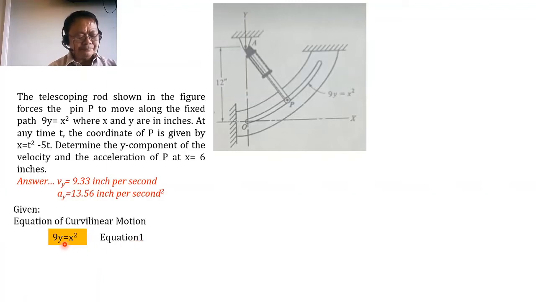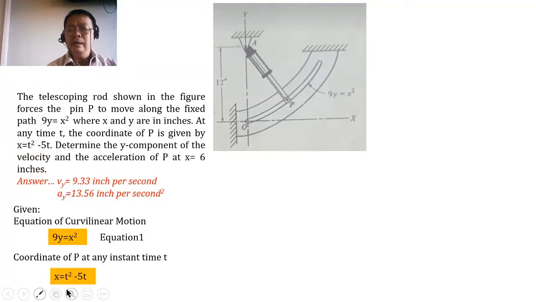Similarly, we are also given the coordinate of point t at any instant time t. And we are given here that the coordinate of point t is given as x equals t squared minus 5t. So let us now take that given, x equals t squared minus 5t, and let us consider this as our second equation. So from here, nakikita natin that if we are going to consider